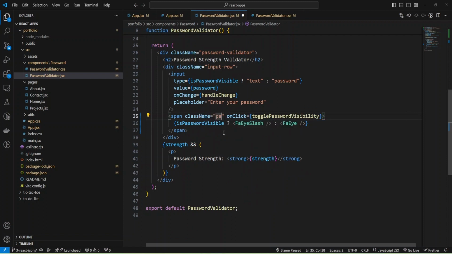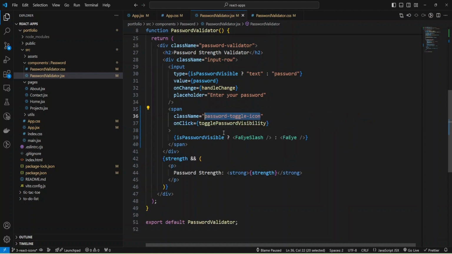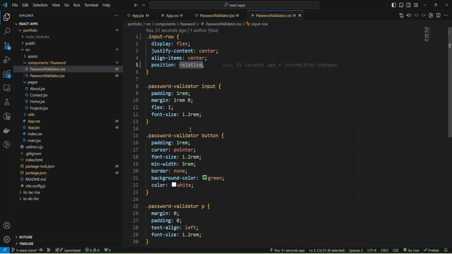password toggle icon, and now I can use my class name and add.